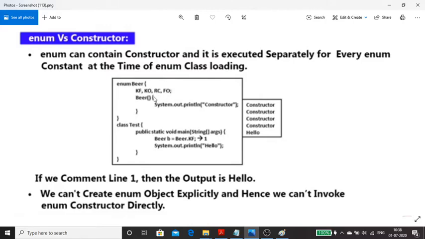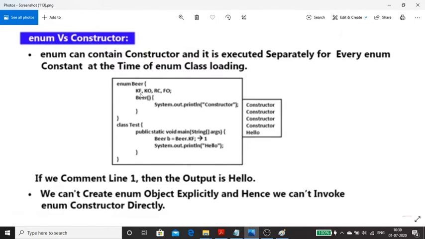Once you create an object, the constructor will be called and executed, and you'll get the constructor output for each object. You'll get output "constructor" 4 times. Finally you'll get "allow". So this is the output you'll get.